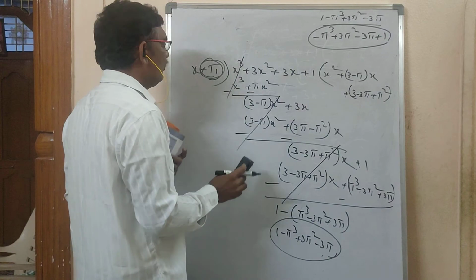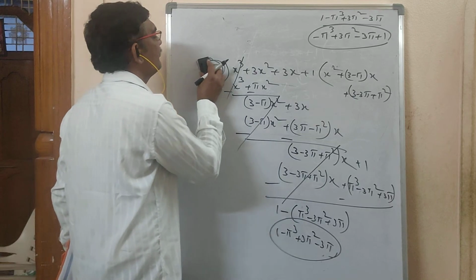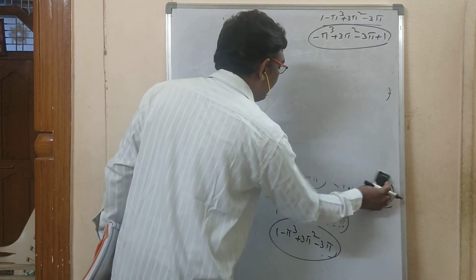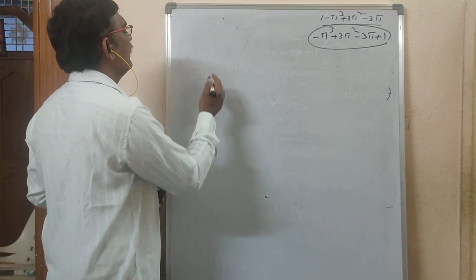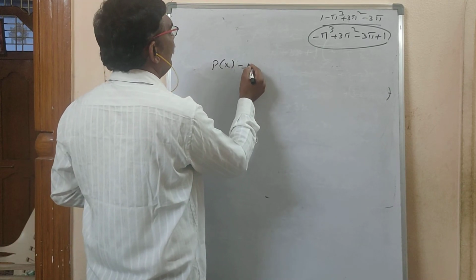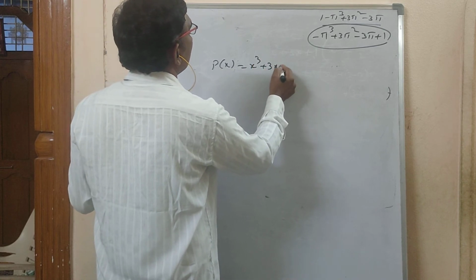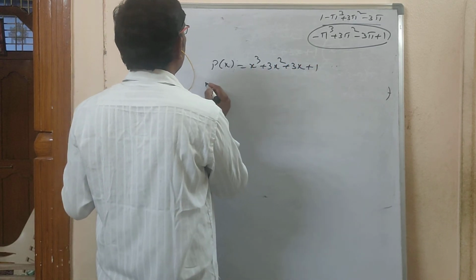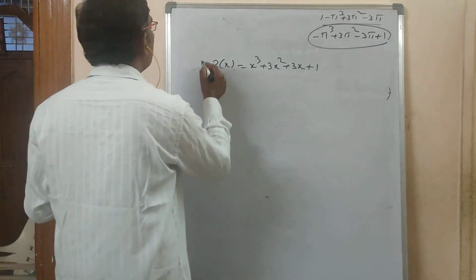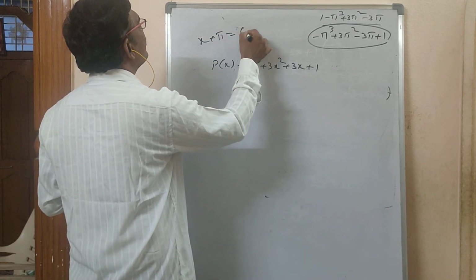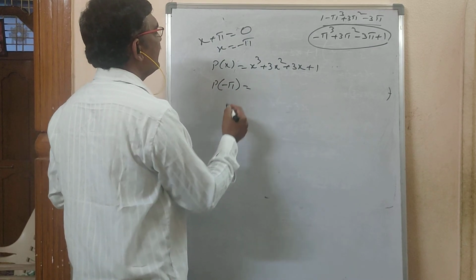Okay. Now, is this a linear polynomial or not? We will find the remainder by using the remainder theorem. By using the remainder theorem, we will see whether we directly get this remainder or not. This was just normal division. Now what you have to do: P of x, write down. What is P of x here? x cubed plus 3x square plus 3x plus 1. What linear polynomial have they given for us? x plus pi. x plus pi equal to 0. x is equal to how much are you getting? Minus pi. In place of x, write minus pi.